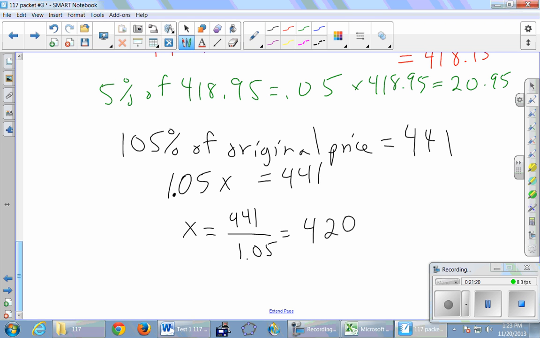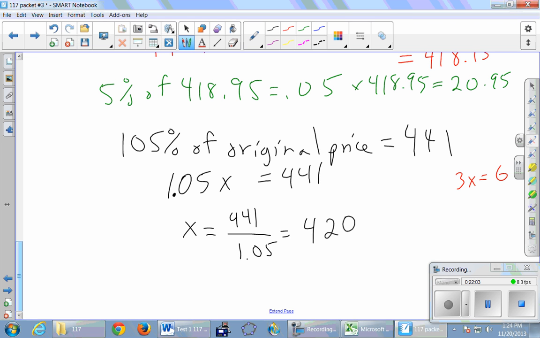All right. What's that? Because we are trying to solve this equation right here, and it's 1.05 times something that I don't know yet. And so we got to solve this equation by dividing by the 1.05. It's like if you had to solve 3x equals 6, you could divide both sides by 3. All right, as a quick check, take 5% of this 420. That's the original number. What is 5% of this guy? Yeah, it's $21. And if you add $21 to this, you get exactly the 441. So this is the right answer.